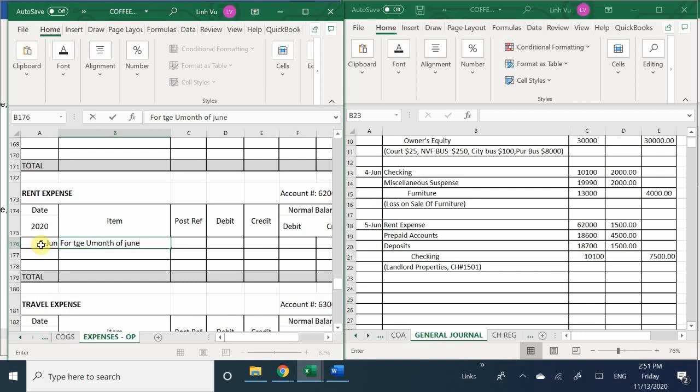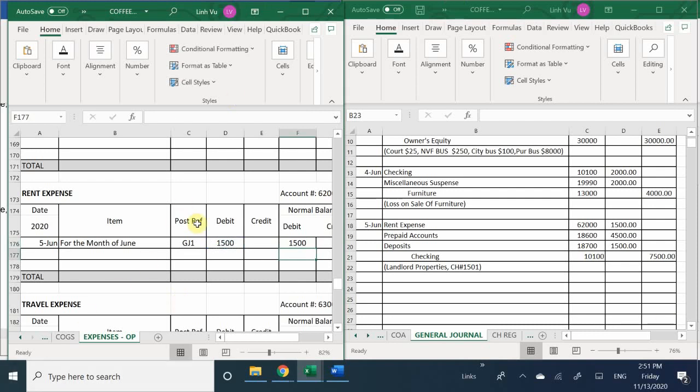I'm going to retype this in. For the month of June. Right? I'm still on general journal page number 1, and I debited my expense by $1,500, making my beginning balance